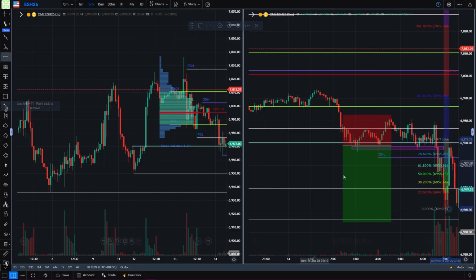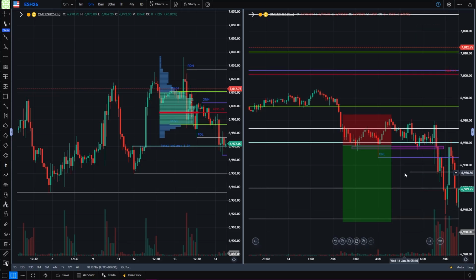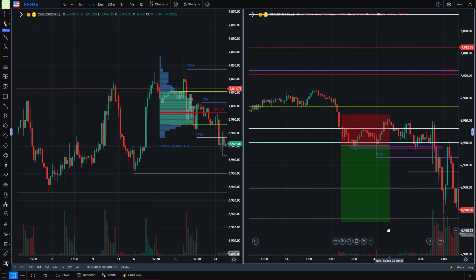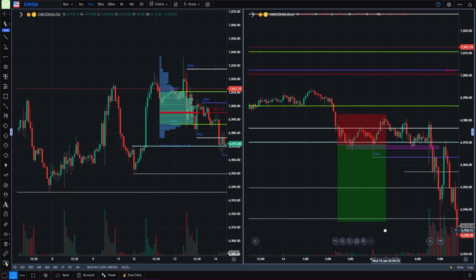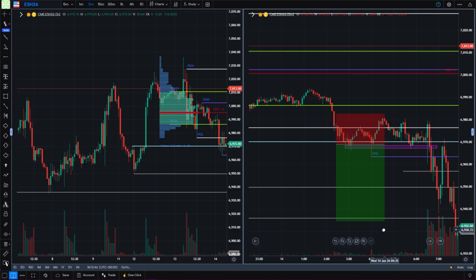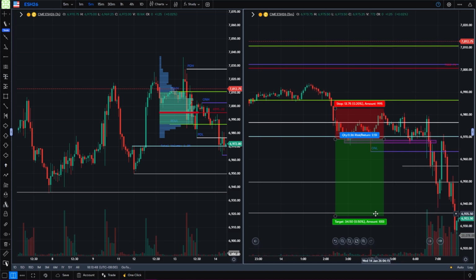So now we could say that our stop is going to go above, let's say, 69.57. So our stop is here at 69.57, and we'll keep going forward. Our stop does not get hit if we were trailing it, and we are out at our target just below